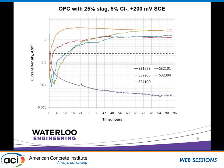And these are the data we got from the 25% slag mix, 5% chlorides at 200 millivolts. And 4 of the 5 steels immediately started to corrode. The only one that didn't was the UNS 2205 down here, which didn't corrode at all. So we decided there was no point in repeating that with replicates, so we decided to cut down the chloride